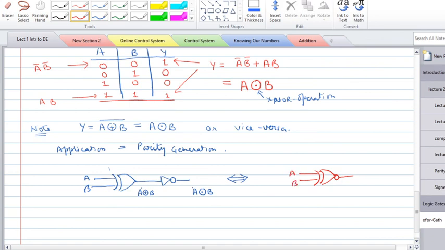This is your XNOR. Okay, Y is equal to A XNOR